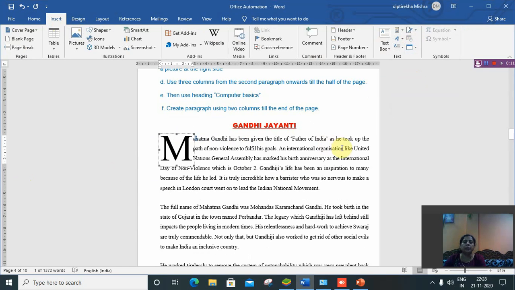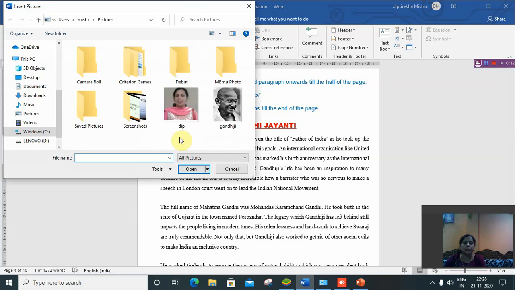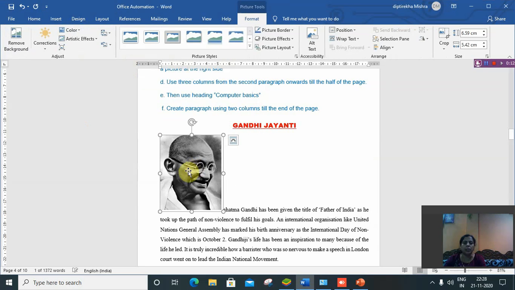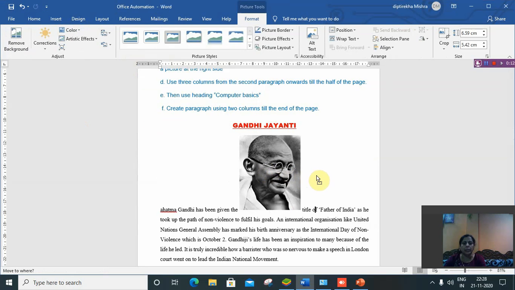Then the second part, insert a picture. So to insert, go to Insert, then in the Illustrations group, select Picture, then This Device. Okay. Then select the picture and click on Insert and make it right side.